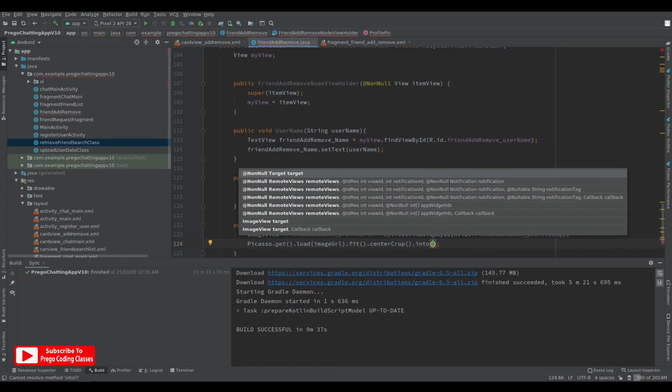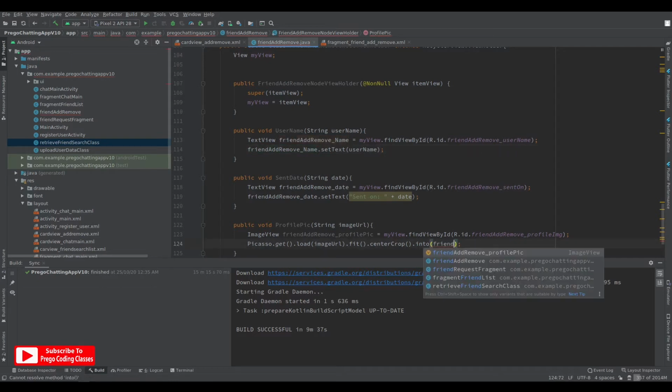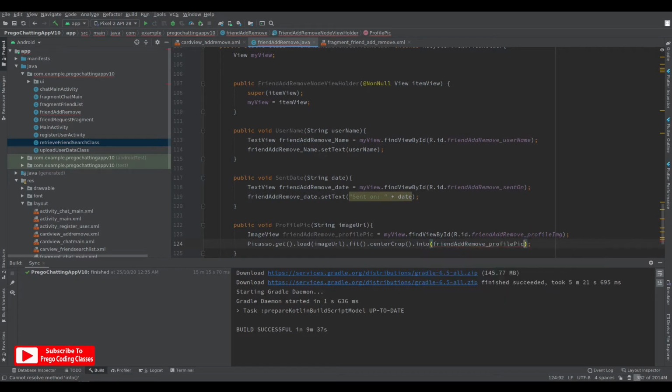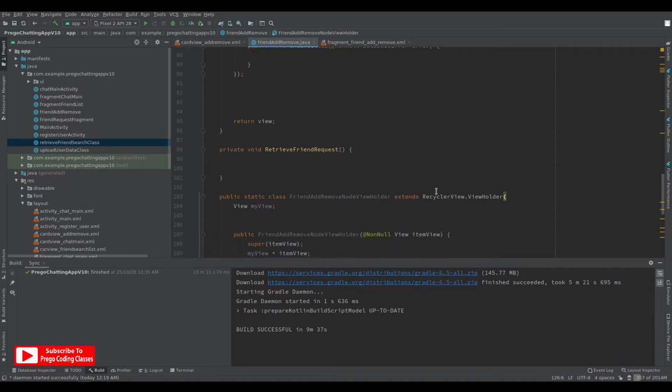So what would we give here? It's profile pic. So friend add request, friend add remove profile pic. Sorry, my laptop is actually being weird sometimes. So this one. Now we are done with the view holder, so we can go on coding this